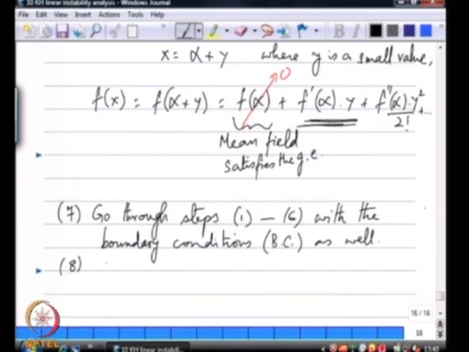So, what we have now, a complete homogeneous